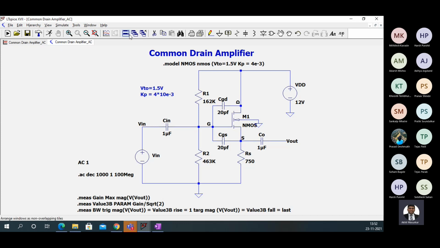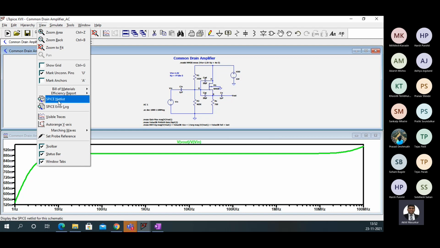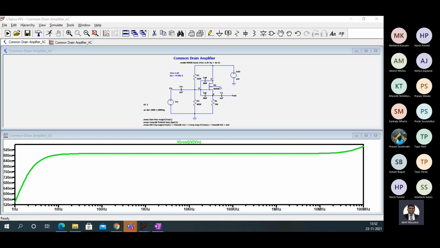So show me the diagram now like this, the circuit as well. Okay Harsh, your first diagram is perfect. Now show me this. We have done an automated measurement here using the dot measure commands. If you want those commands, I will just type them here in the chat box. You can use them.